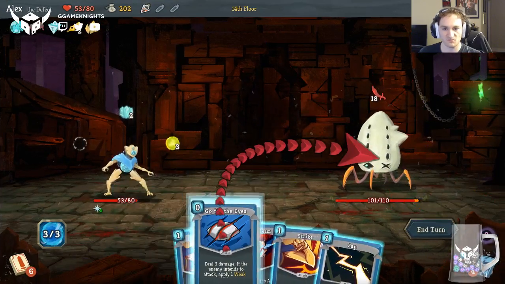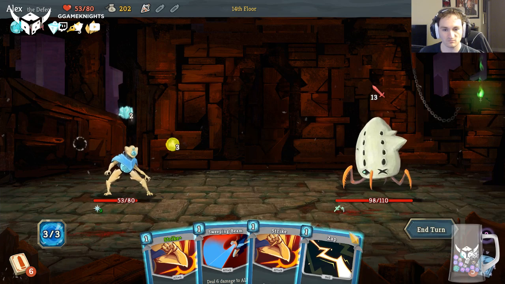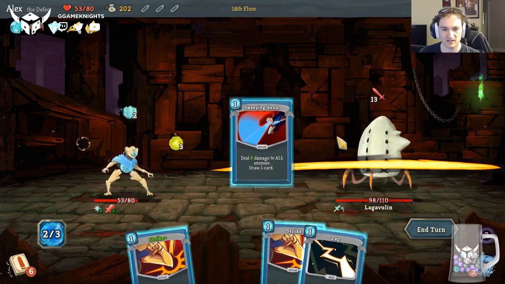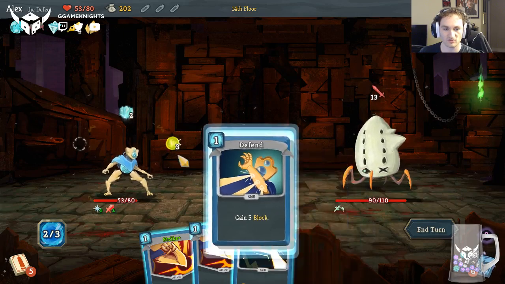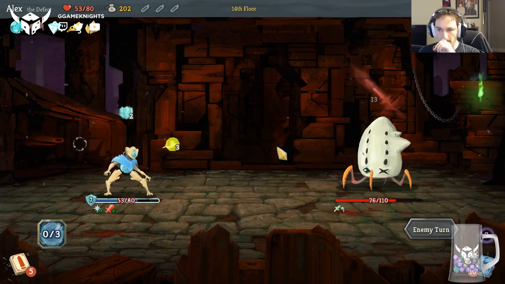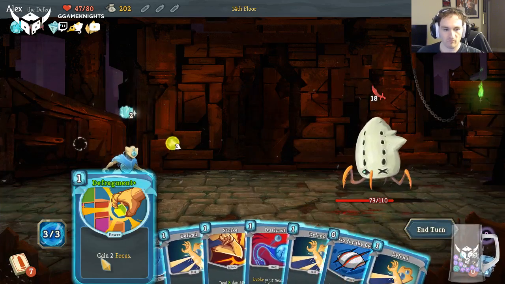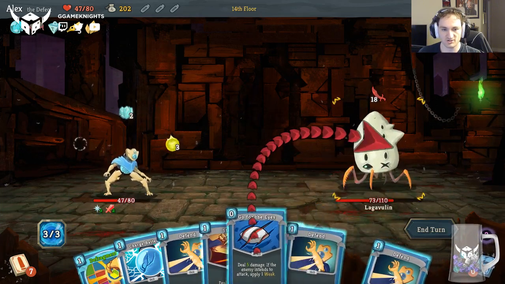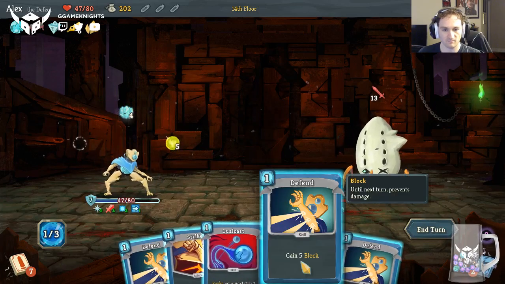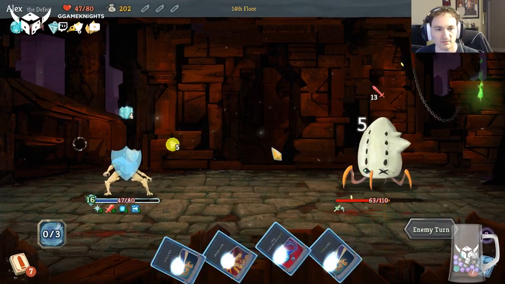Okay, FTL first. Go for the eyes, make him weak. I really wish I got some block right now. Going to drink this and just pile on the damage right now. Okay, I did get 1 block, so I will do that and deal 11 damage. Okay, go for the eyes again. Defragment. Get some block, and some more block. Still going to get 1 damage through to me, but...